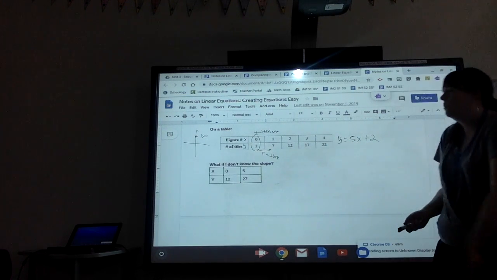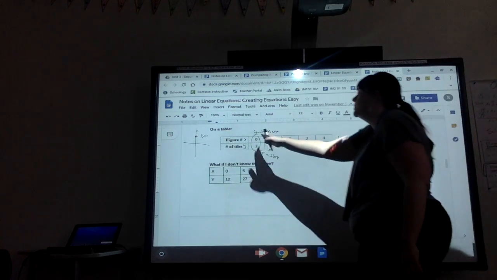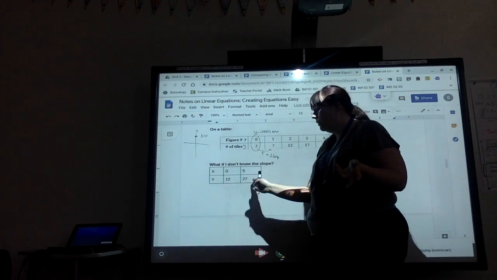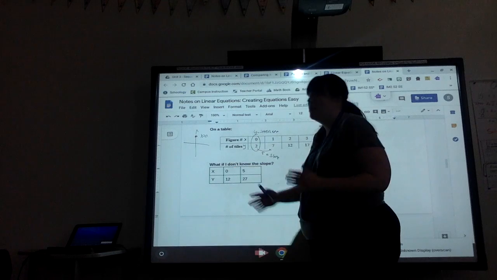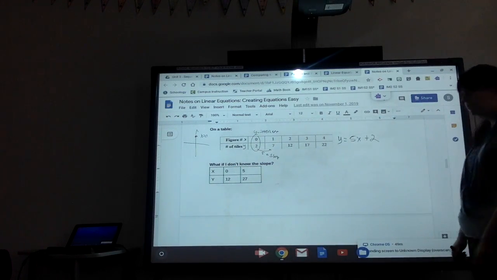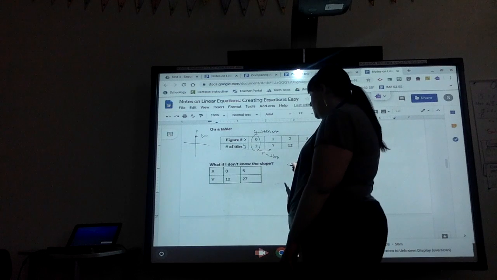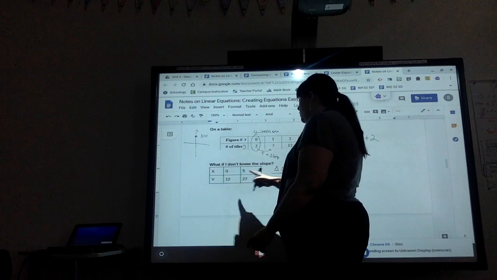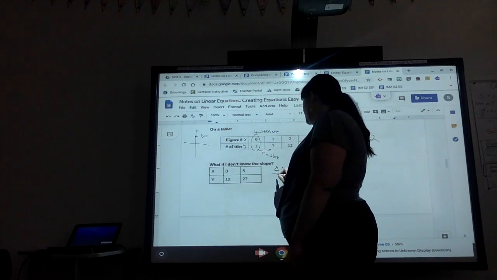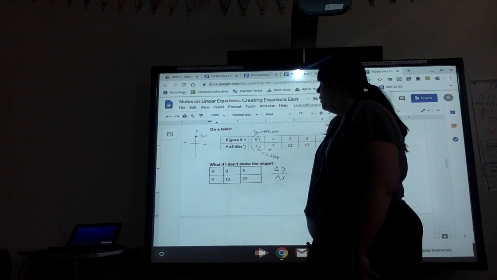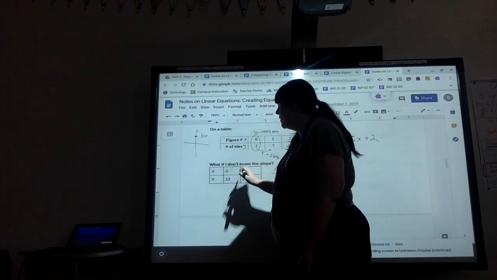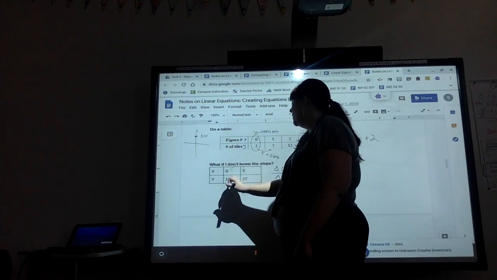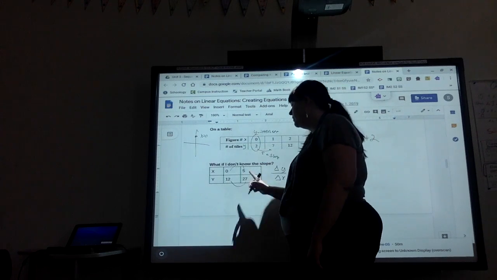This one, I said, well, what if I don't know the slope? If you remember, because this one, it went from 0 to 1 for my x, so my time has only changed by 1. Down here, my time changes by way more than 1. It goes from 0 to 5. So, to figure out the slope, remember, I do have the change in y, like how much y is going by, divided by how much time has passed, the change in x. Well, let's say I don't know to go from 0 to 5, I have to go by 5, or add 5. What I could do, or if I don't know from 12 to 27, going by 15, here's what you